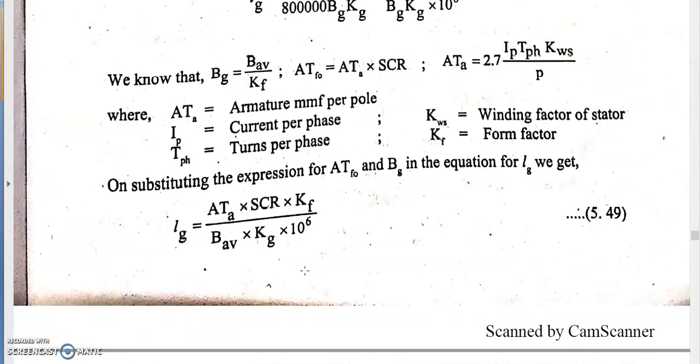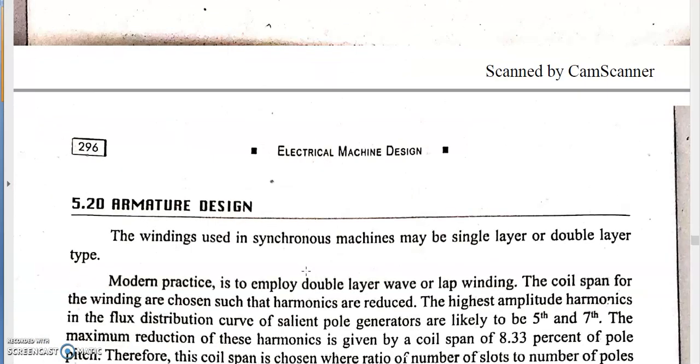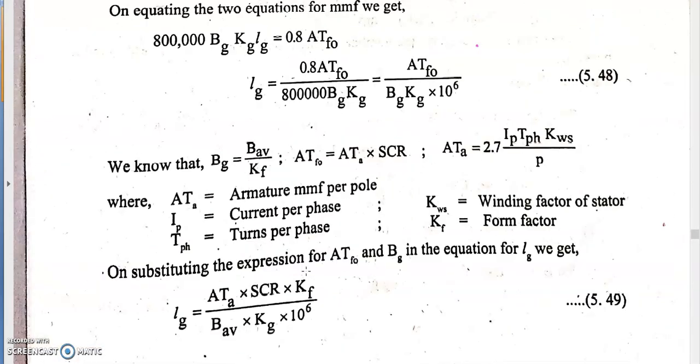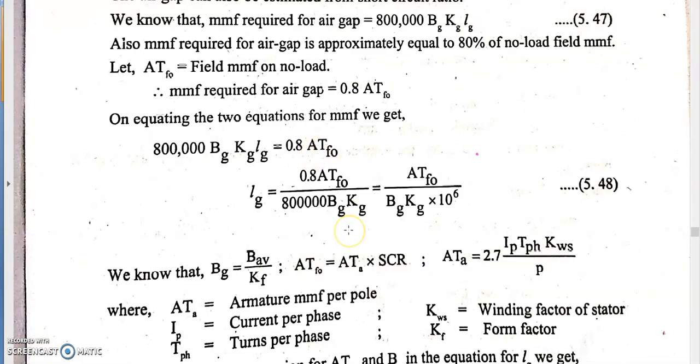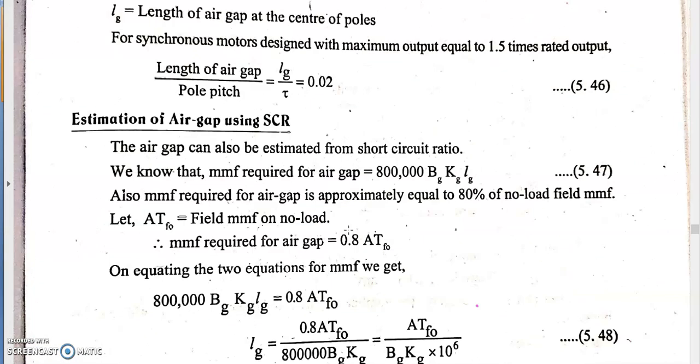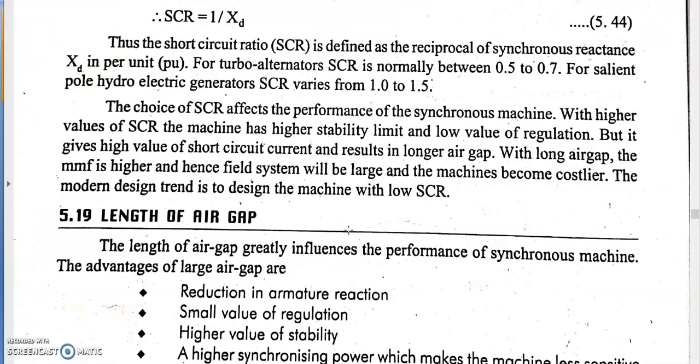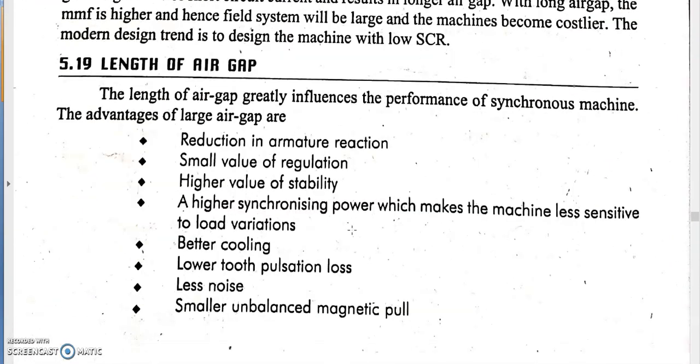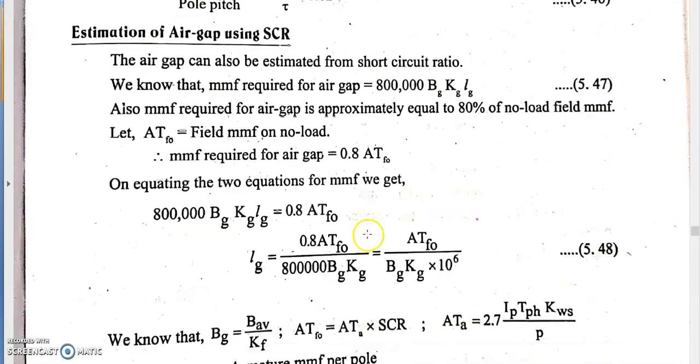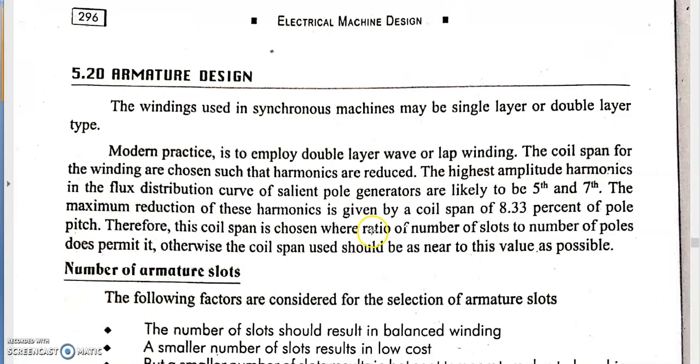And so this is about the design of rotor of the machine, salient pole rotor. In salient pole rotor, the main dimensions D and L we have calculated, and how to separate this D and L, that also we have discussed, and then how to find out the length of the air gap. The last design is the armature design.